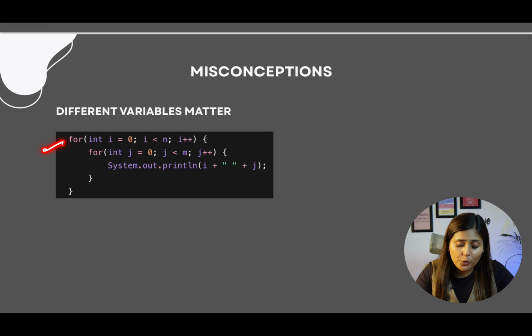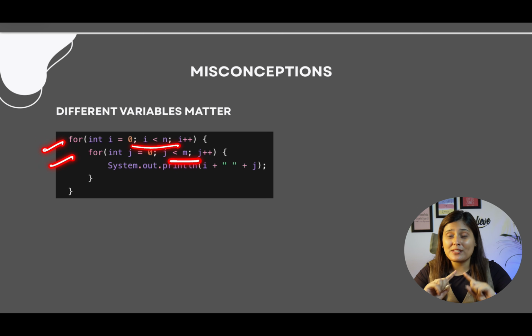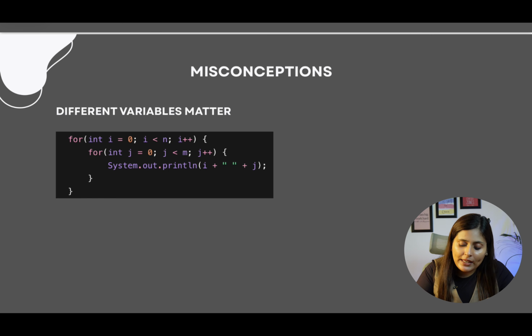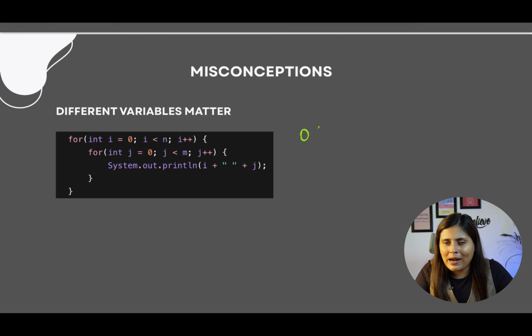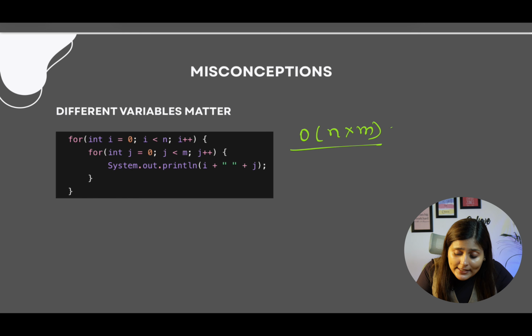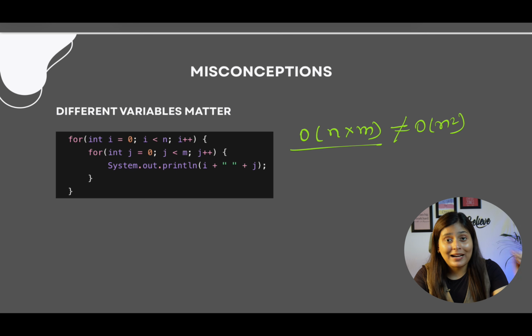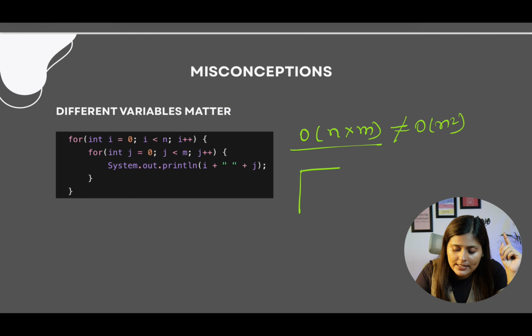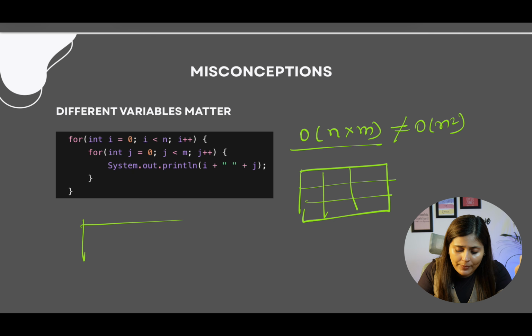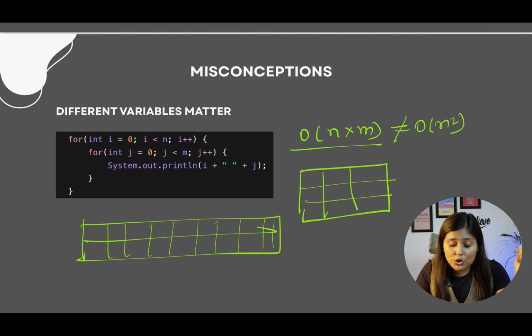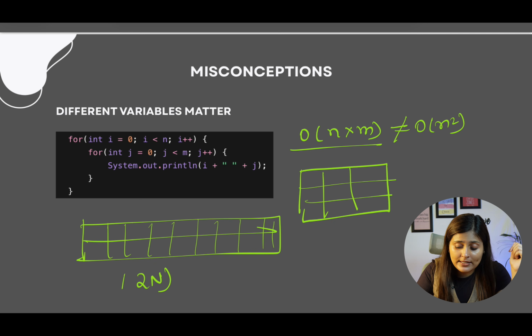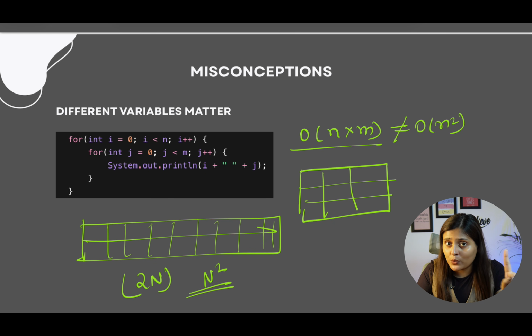See, if the for loop is running for n time and the second for loop is running for m time, so even if m is equal to n, no matter until the condition says, but n into m is not equal to O of n square, remember. Why? Because just take the example of a matrix. When we say 2D matrix, it does not mean the rows and columns will be equal. No, it can happen that the number of columns is very large, but the number of rows is just 2, correct? So in this case, it will be 2n instead of n square. I hope you will get it.